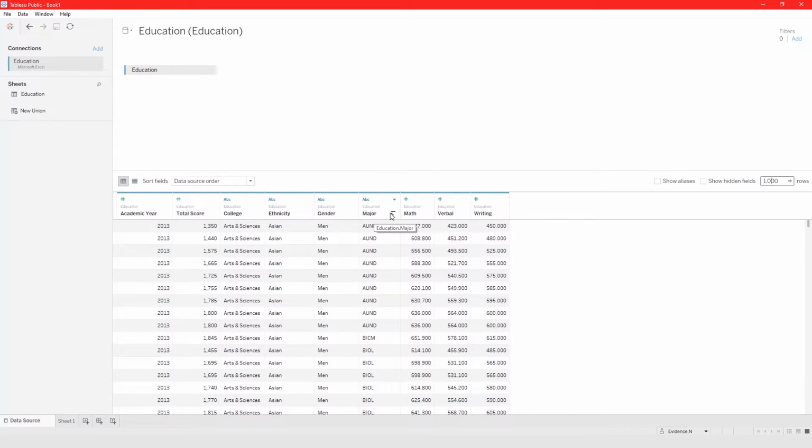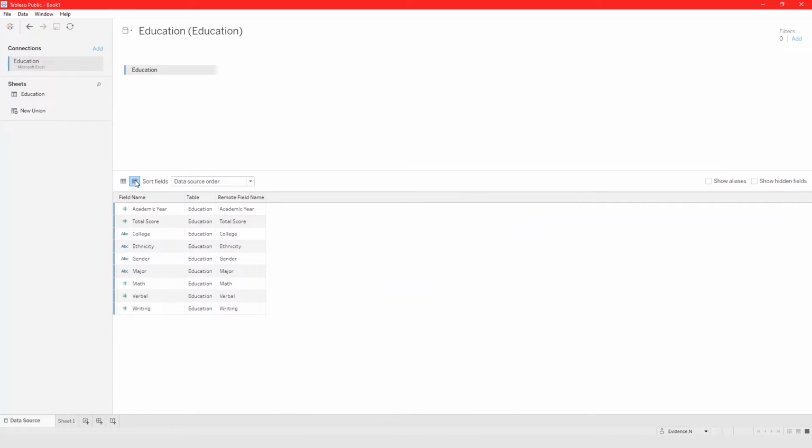You can change the type of data that this is. So if we click on this icon, it tells you the field name, which is like the name of the column, and the remote field name, like that is the actual column name. So from here we could change the field name to something like score,